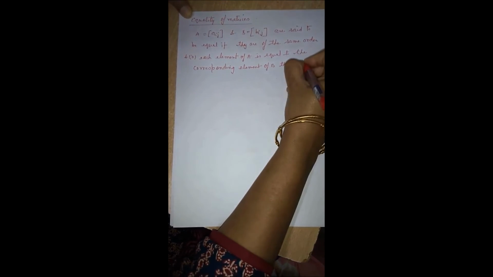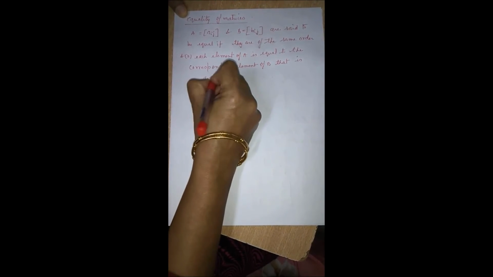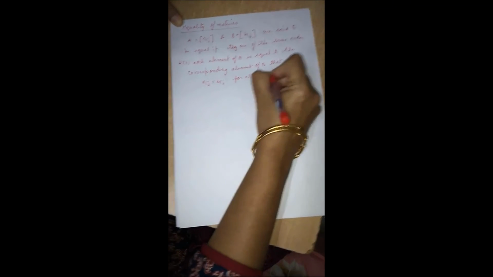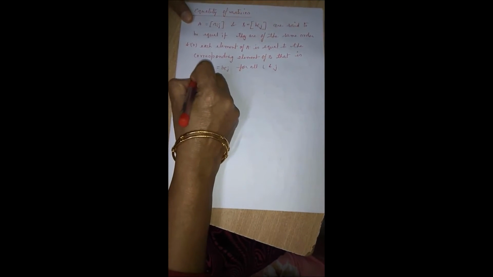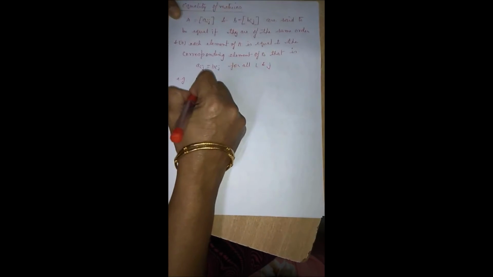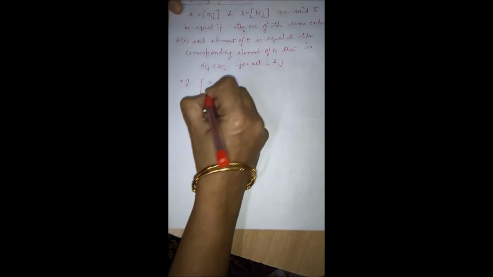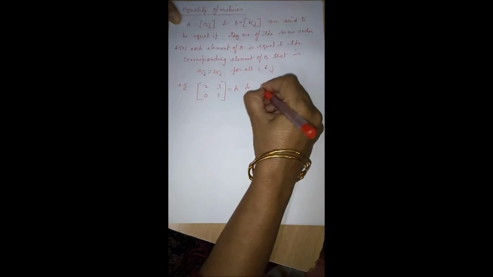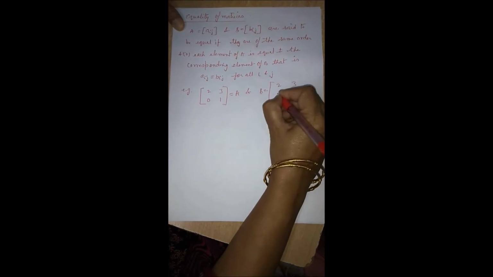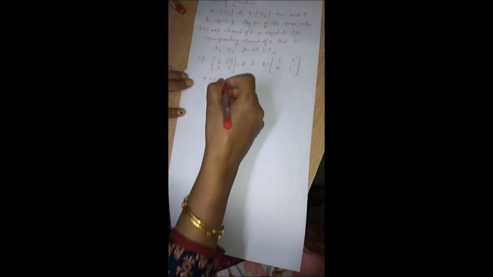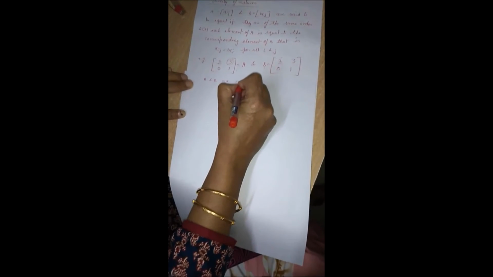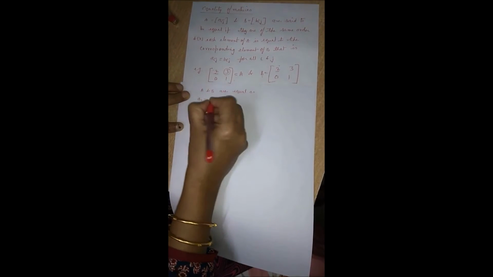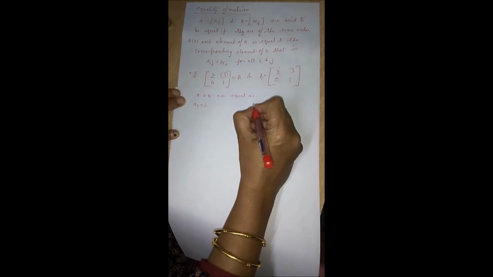That is, Aij is equal to Bij for all i and j. For example, 2, 3, 0, 1. Let this be a matrix A and B is another matrix having elements 2, 3, 0, 1. The two matrices A and B are equal as A11 of the first matrix is equal to 2 and